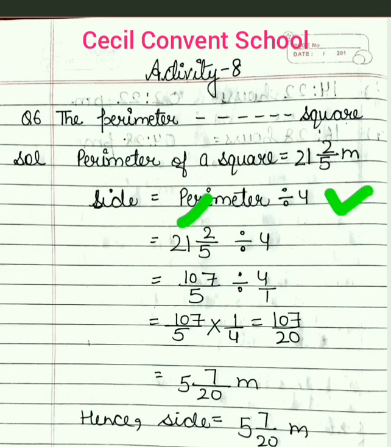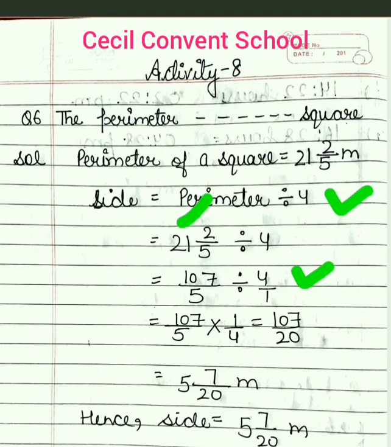Now student, divide sign we convert it into multiply sign, and when we convert divide sign into multiply sign, numerator and denominator of second fraction will be interchanged. Means 4 by 1 will become 1 by 4. Now we will see which two numbers can cut. No number can cut by one table. Clear? So we will multiply numerator with numerator, denominator with denominator. Answer will be 107 by 20.